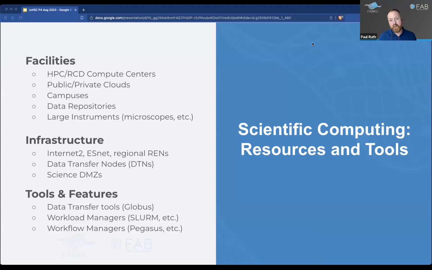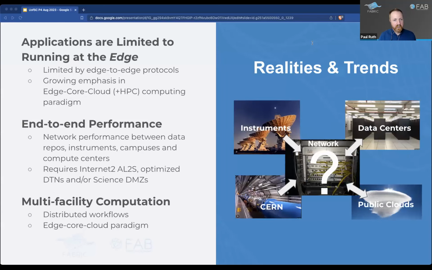And now we have Internet2's AL2S system, which allows you to create dedicated circuits between campuses, as well as connect to their Cloud Connect system, which enables on-demand high bandwidth connections between campuses and the public clouds. So these are new tools that are adding to this infrastructure that has been built over the decades. All of these tools are great, but the reality of the internet is that